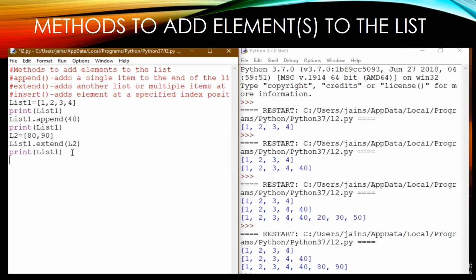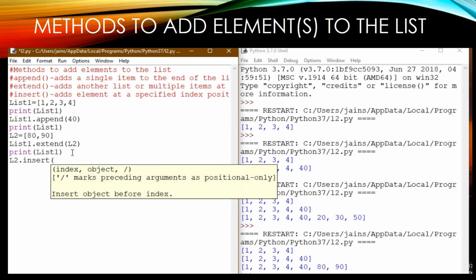Third method is insert. This insert method will add any element, whatever you want to add, at a specified index position. Insert. Then firstly you will write the index where you want to insert the element. I am taking the list L2. So in L2 at the index position 1,